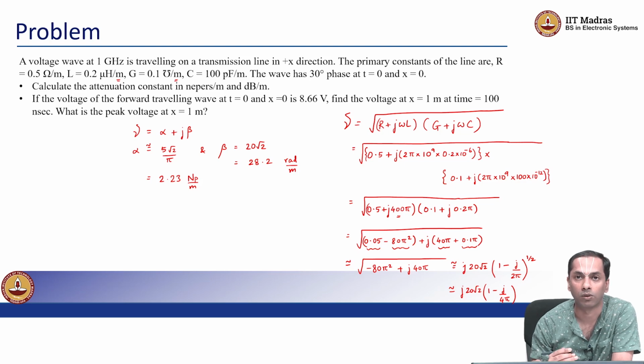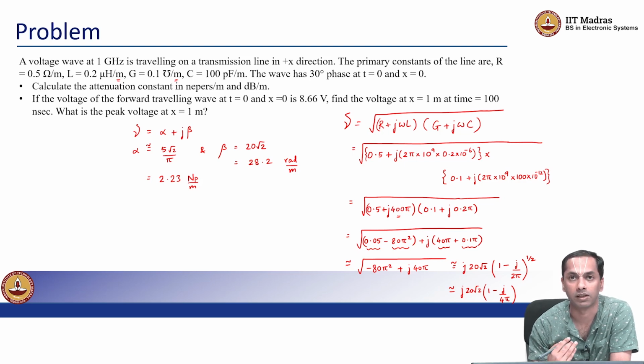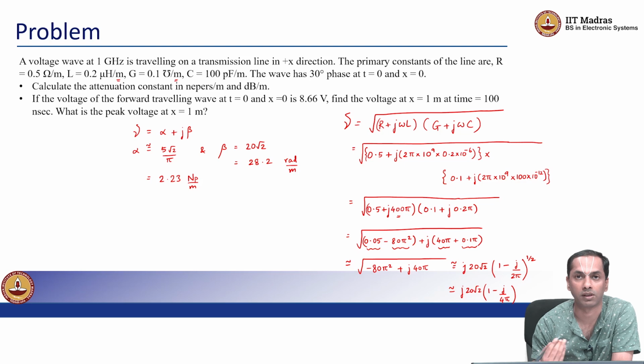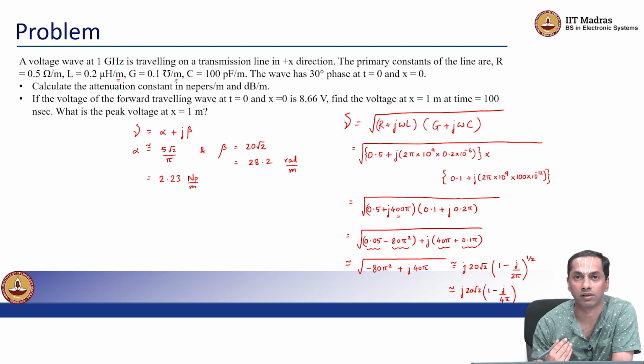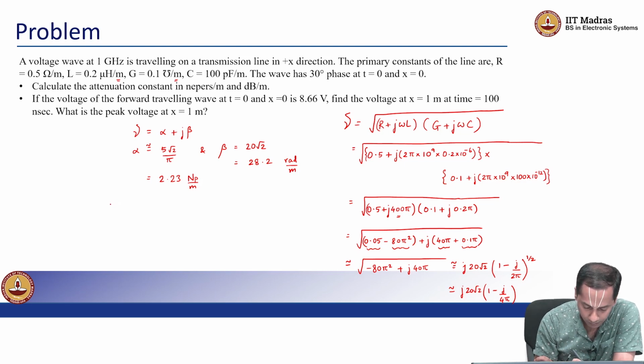You probably want to know that if I launched some power at the starting of the transmission line, due to the transmission line losses, how much power have I lost. So power scales as the square of the voltage. So in order to get the loss in dBs per meter,